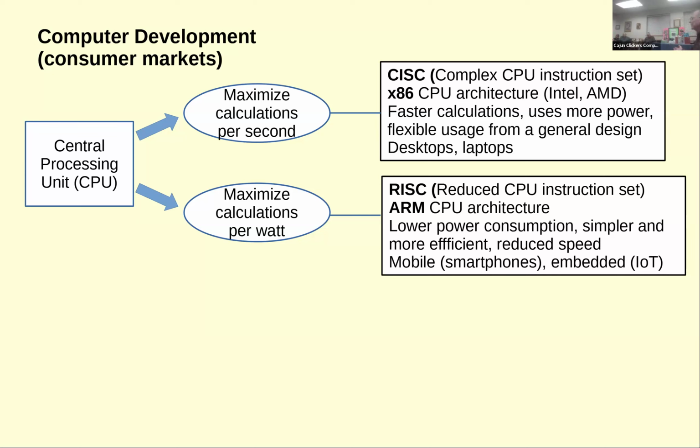So these two things over the years have both had hundreds of thousands of people working on them, trillions of dollars, and they've both advanced. And they've slowly started to get to each other, so that the cell phone chips now are pretty powerful. And they're starting to do almost as much as your laptop. And your laptop now, you see how thin this is, it's getting pretty low on power. So they're coming,